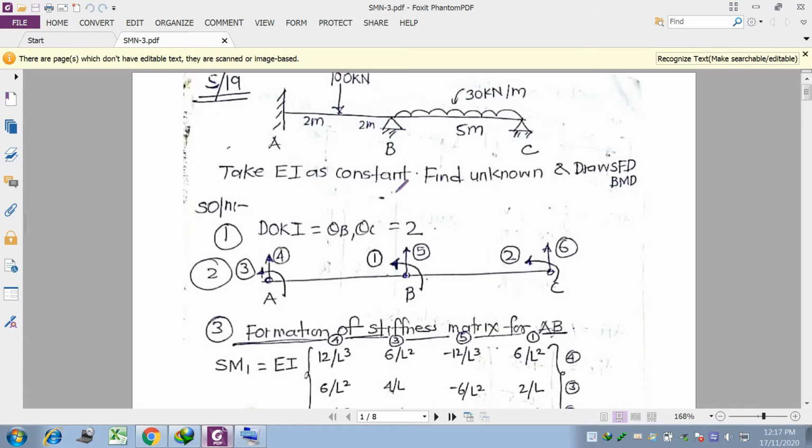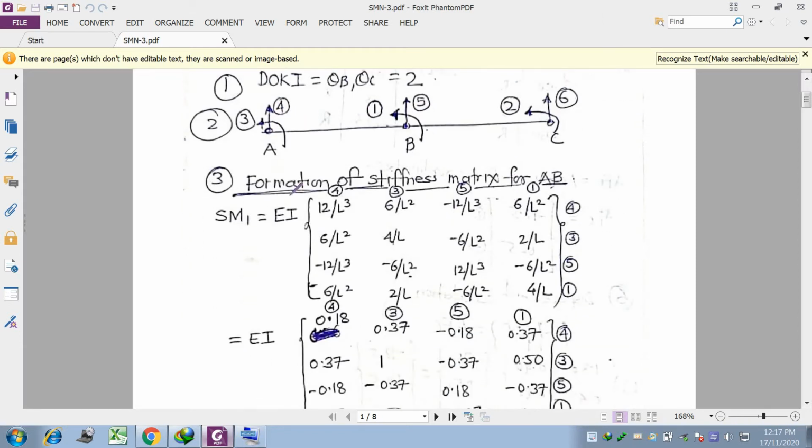We have to start numbering the symbols based on the unknown parameters first. So I have considered 1 because we have to calculate the unknowns at B and C. Why was the rotation effect considered? Because theta comes from the rotation effect at B. So 1 is responsible for theta B and 2 is responsible for theta C. In a similar way, 1 and 2 are over. Then third we consider theta A, which is already known. Along with that, the vertical components 4, 5, 6 we have to consider.